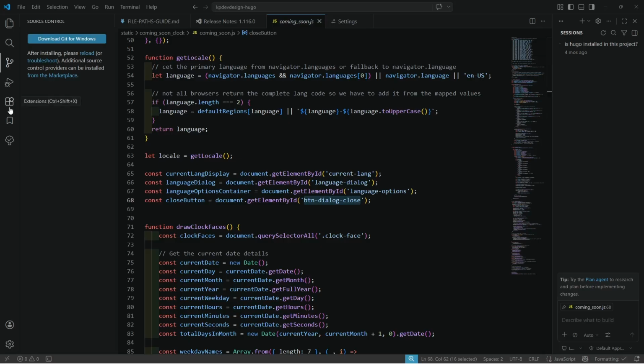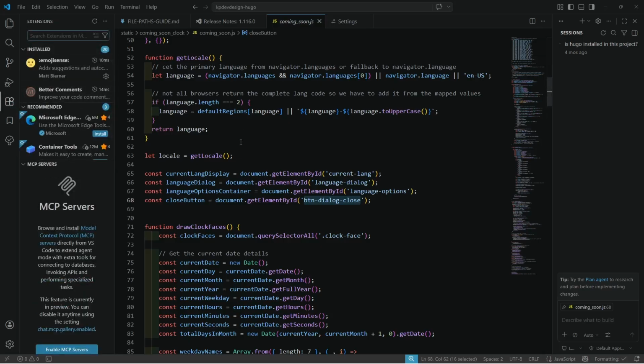And the next one is extensions. Now this one is very important. This is where you get to download the different extensions that you're going to use to make your life easier. So we're definitely going to install some extensions as soon as possible. As of right now, we're just going to go through the different panels and the different layers of the VS Code graphical user interface. So the main area in the center